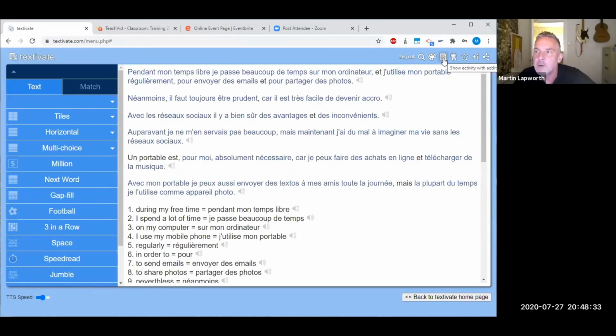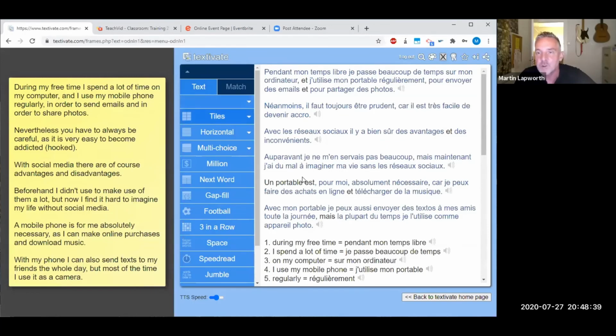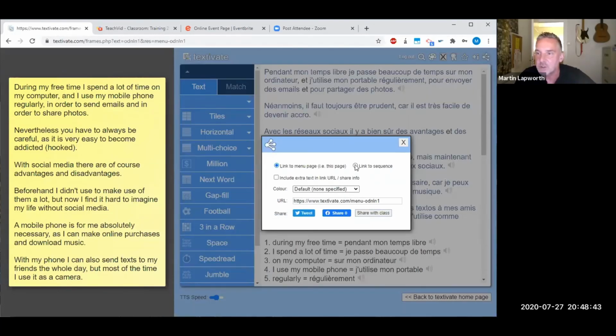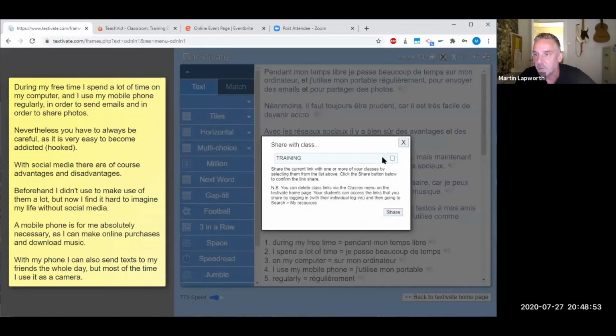Okay, so here we have a screen with parallel text. On the menu screen and any of the activity screens, you can click on the parallel text to open it. And once you've got it open with the parallel text visible, you'll also see the option to link to sequence, but also to include the parallel text. And so if I now create a link to that predefined sequence for my class, add it to my class and click on share,